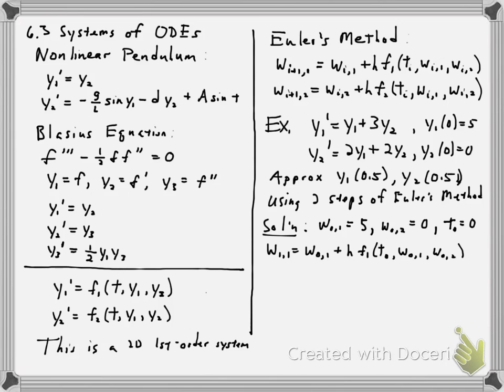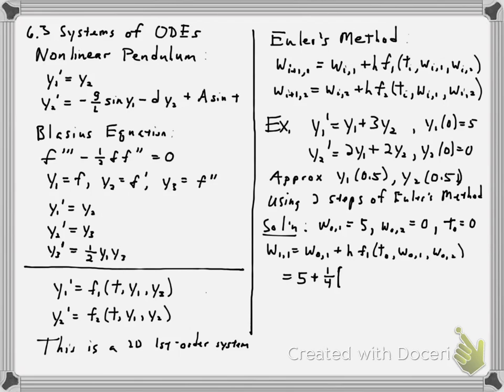So, plugging things in, w01 is 5 plus h. In this case, if we want to use two steps and approximate y1 and y2 at 0.5, our step size is going to be 0.25. So h is 0.25 or 1/4. And so we have 1/4 times, now we evaluate f1, which was